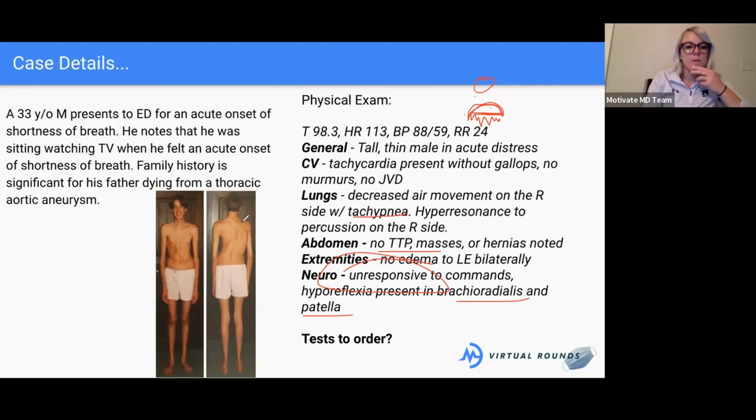Okay, good. So Josh said a chest x-ray and an echo. I agree with those, definitely with the chest x-ray. What are you looking at for the echo, Josh? And CT of the head is never a bad idea, especially if a patient is unresponsive, and especially in an emergent situation. Good. I agree with all those. I think those are good tests right now.